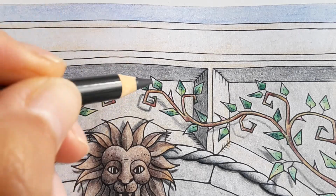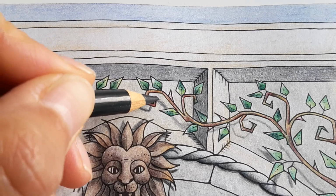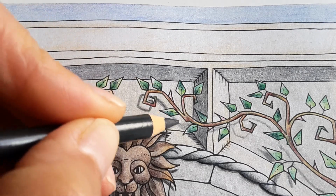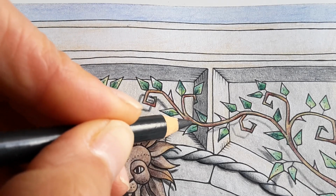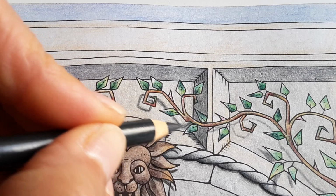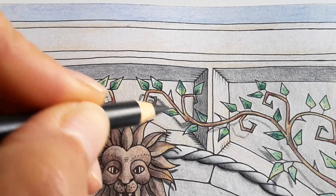These Prismacolor pencils are quite fragile. The tips break easily. You have to be careful with sharpening. I always want to say shaving. That's something else. Anyway,